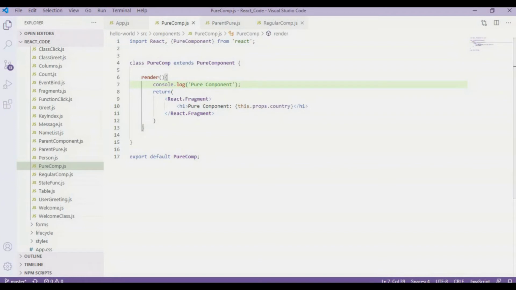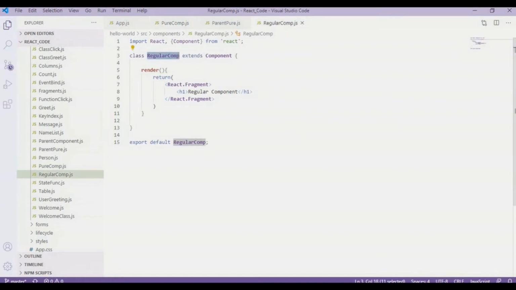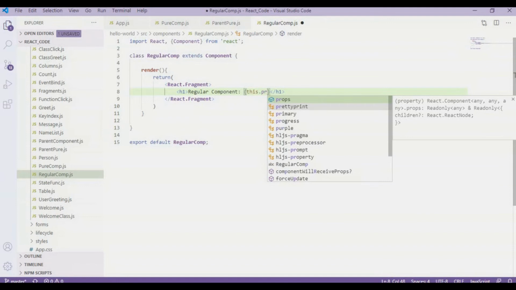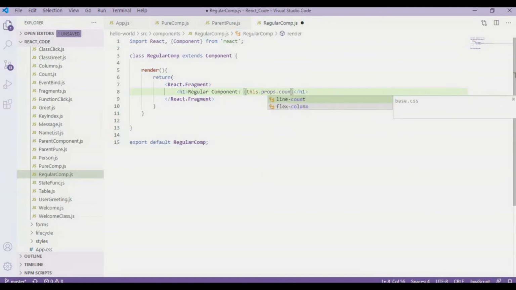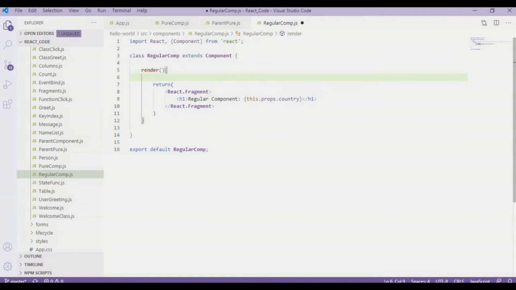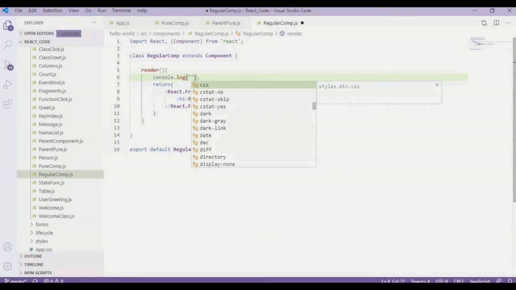And then in the regular component, a similar thing is going to happen. So let the props be here, this.props.country, and then another console.log saying "regular component".